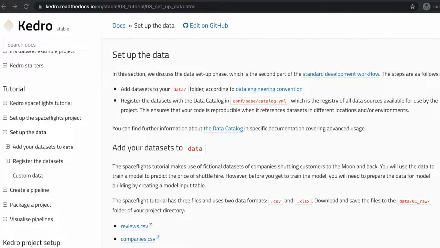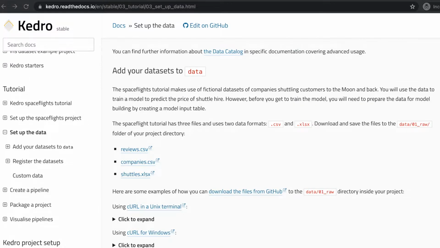After we manage to set up the project template, the next step is to set up the data. When working with local files, setting up the data entails two steps: adding the datasets to the data directory and registering the datasets to the data catalog. As we mentioned in the beginning, for the Spaceflights tutorial, our goal is to train a model that will predict